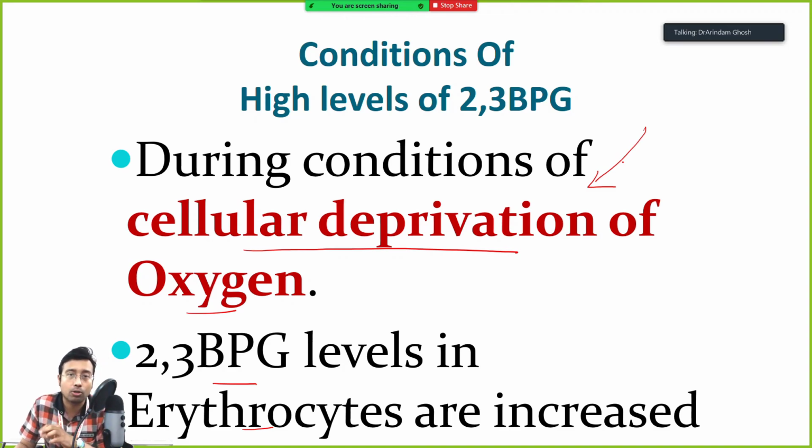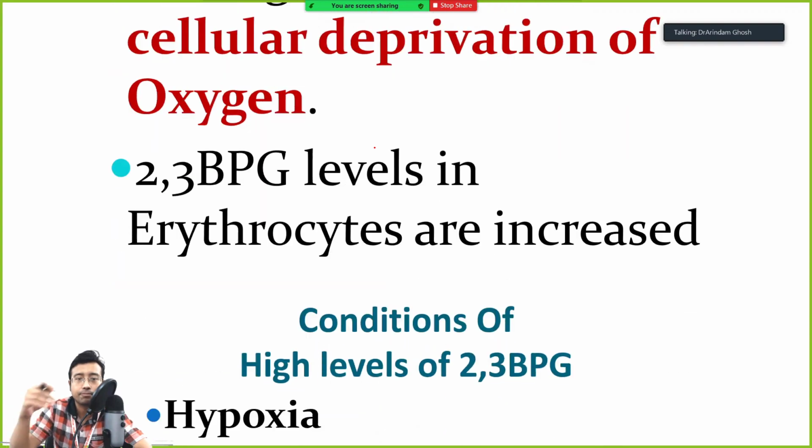Very important, understand this. We are discussing that tissues have no oxygen, okay? Whenever there is no oxygen, mainly glycolysis is the source of energy. So, what will the tissues do? RBC will produce glycolysis, and that will do what? More 2,3-BPG will be produced. 2,3-BPG will tell oxyhemoglobin, fine, now I am there, you please take me, and give the oxygen out. Oxygen will be given out to what? To the deprived tissues. So, basically it acts as a cycle. Oxygen low, more 2,3-BPG, 2,3-BPG high, again oxygen is delivered to the tissue from oxyhemoglobin, right?